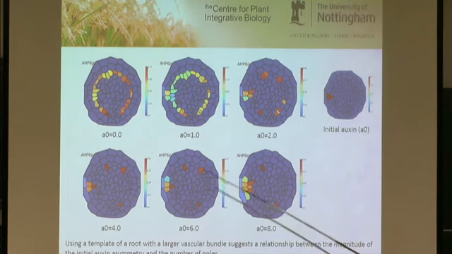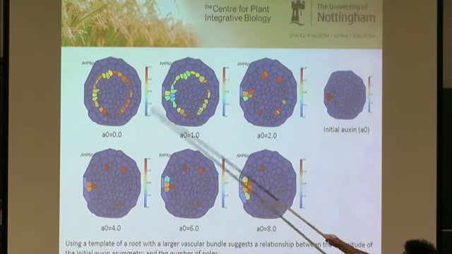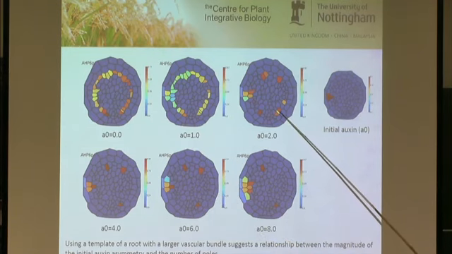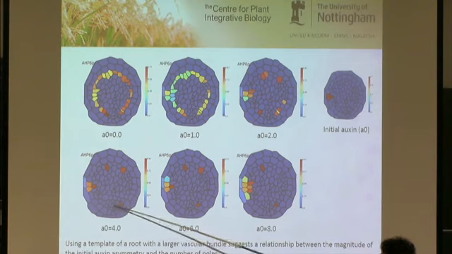At low levels of auxin, you don't break the radial symmetry. It goes to something pretty much like the radially symmetric case. As you ramp it up, you decrease the number of poles. You get to a state starting to look a bit more reminiscent of rice, so more xylem poles,